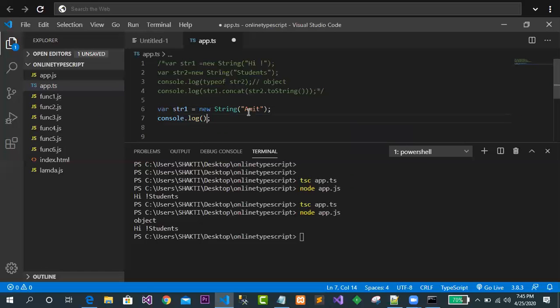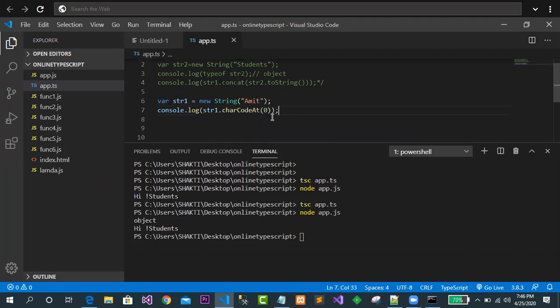Clear? So after that, what I will do here is simply go for console.log. Now str is an object. Str is an object reference, and here charCodeAt. Just see, this is the thing. Here I have mentioned 0. So what is the meaning of 0? The 0 is the index position. In the index position, which alphabet do you find? A, capital A you find. Then what is the character code? What is the character code for this A? Or we can simply say it is specifying Unicode.